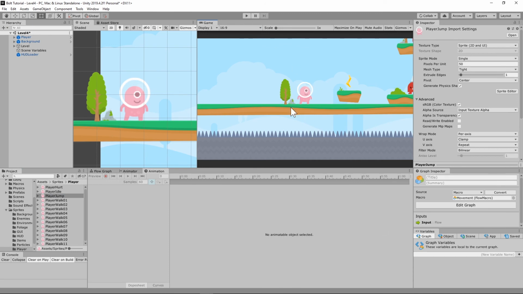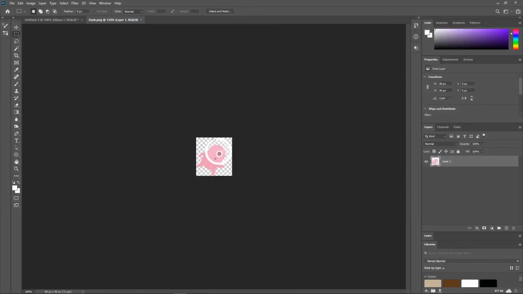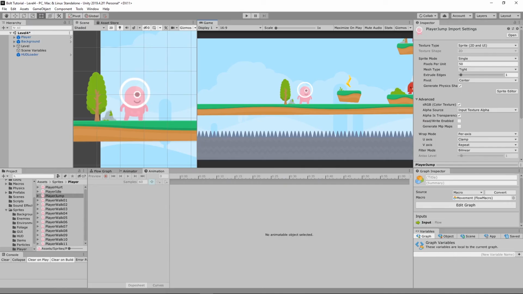because when you jump with your character, it's just one frame. It just makes a little jump animation. So I'm going to take that same thing and move that into Photoshop like so, and I'm just going to turn it sideways, slightly. But once I get that set, I'm going to drag that into my game,